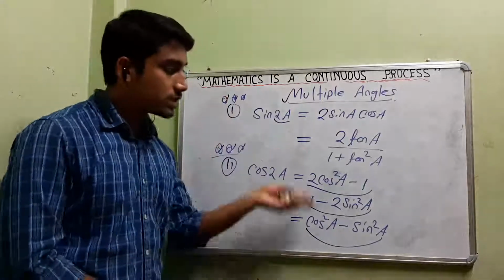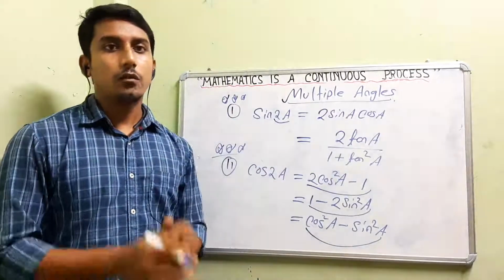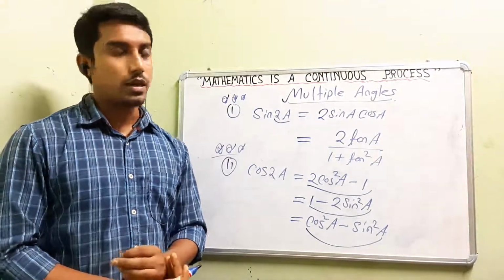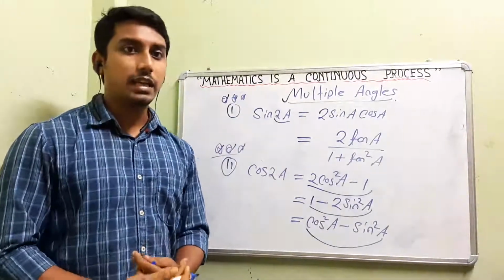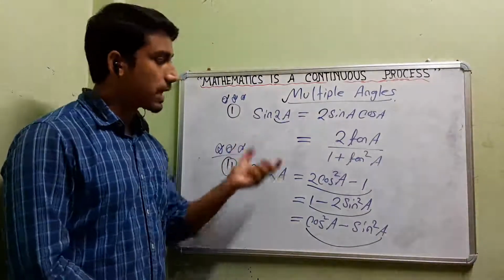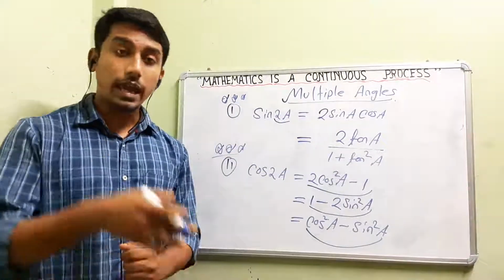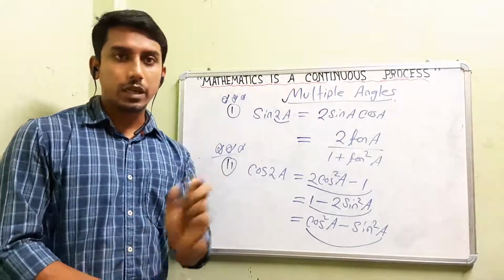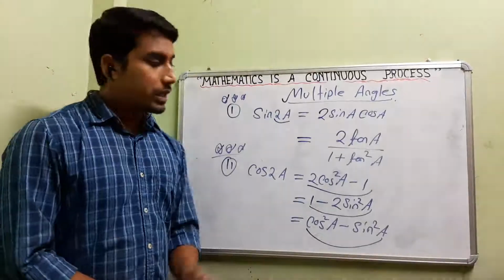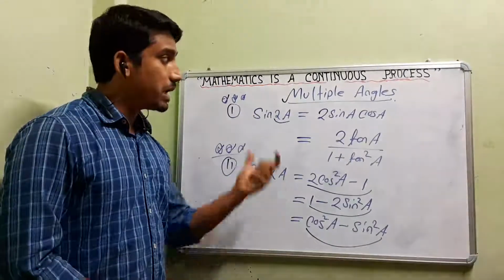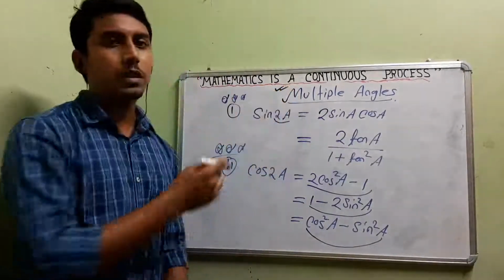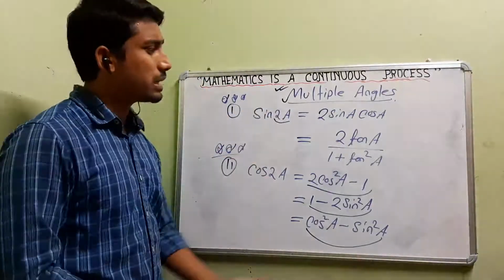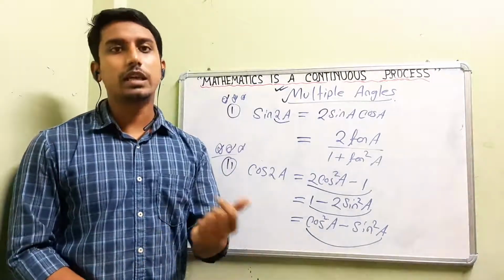So remember these things not only for class 11, but for your whole life, as long as you do calculus. In class 12 you will directly use these formulas, and in class 11 also, when we start limits and derivatives, the beginning of calculus, these formulas, mainly the multiple angles, will be needed. The previous topics, the transformation of sums and products, are also important, but multiple angles have huge application in calculus.